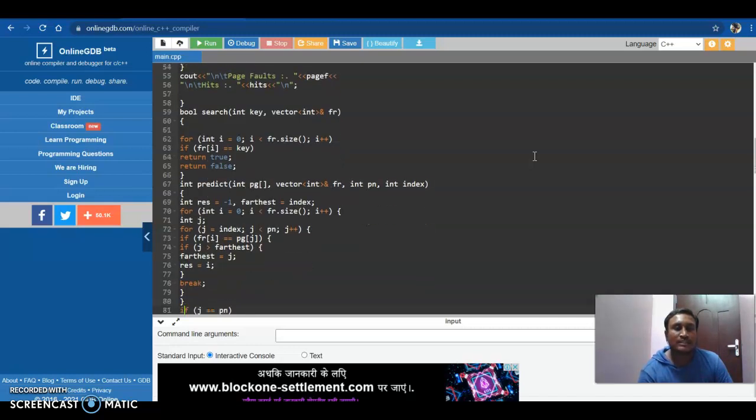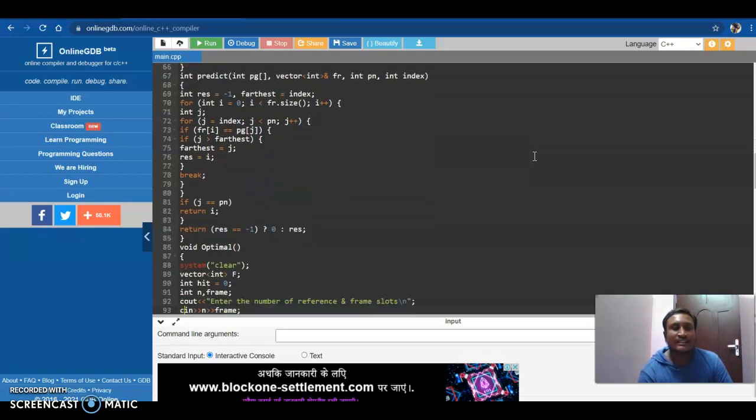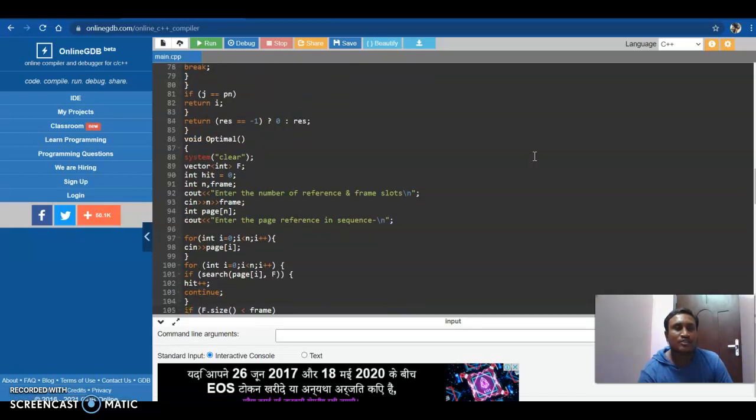bool search(int key, vector<int>& fr) { for (int i = 0; i < fr.size(); i++) if (fr[i] == key) return true; return false; } int predict(int page[], vector<int>& fr, int pn, int index) { int res = -1, farthest = index; for (int i = 0; i < fr.size(); i++) { int j; for (j = index; j < pn; j++) { if (fr[i] == page[j]) { if (j > farthest) { farthest = j; res = i; } break; } } if (j == pn) return i; } return (res == -1) ? 0 : res; }